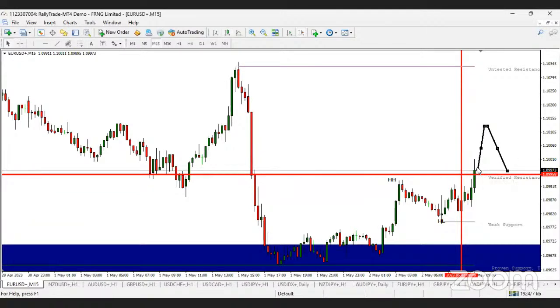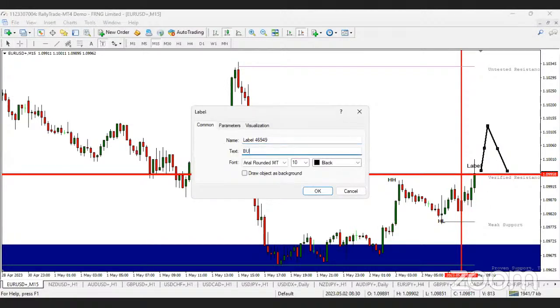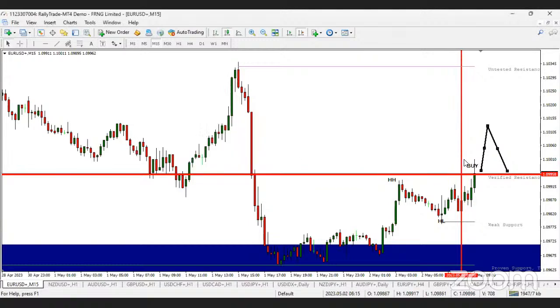Now, because of the news that will be coming out for Euro around 10 a.m., in a few hours time, our best bet right now is once this candle closes in 5 minutes and it closes as a bullish candle above this resistance, and we enter our buy here, taking that news into consideration. The news will either push the price very fast in our direction or push it against us. But it is not supposed to close below this higher low.